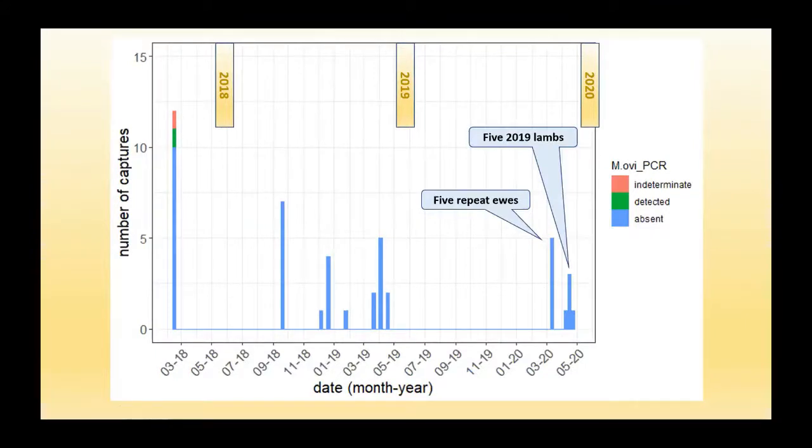So back to this last cluster of 10 putatively post-clearance captures. This is perhaps the only surviving semi-experimental aspect of the project. These were repeat captures of 5 adult ewes previously captured prior to 5/1/19. The result for these was 3 of 5 were seropositive for MOV, and all 5 again real-time PCR negative for